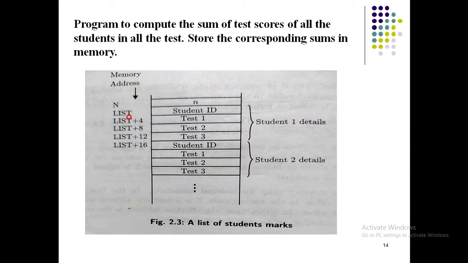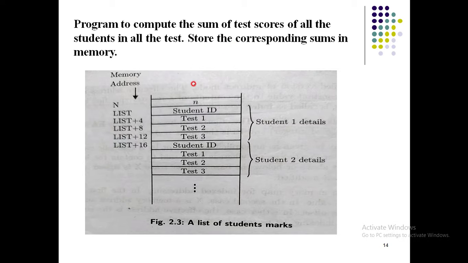Now, to understand this addressing mode, which is indexed addressing mode, in much detail, I would like to take up a small example, right? A programming example. Please concentrate on these parts of the slides, very important. So here, friends, we'll be trying to write a program. This program will compute the sum of test scores of all the students. It will calculate the sum of scores, which you can take as IAs for example, of all the students in a particular test.